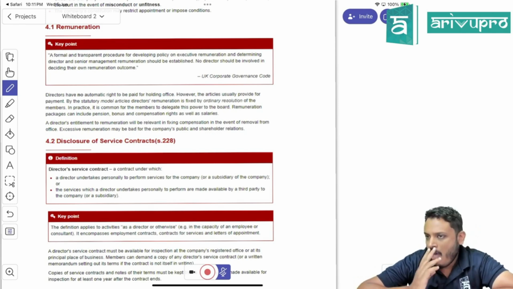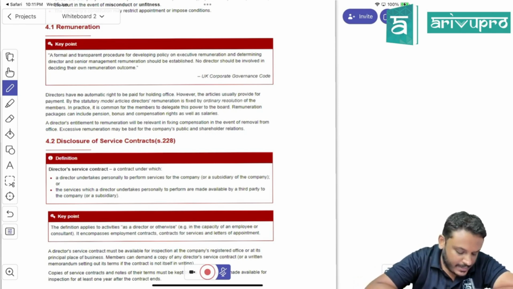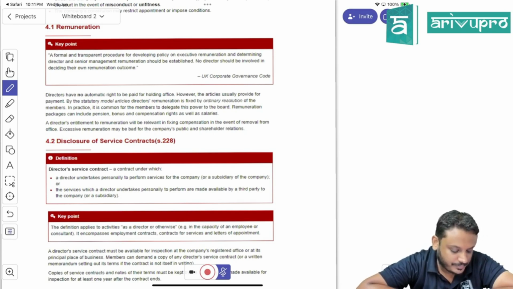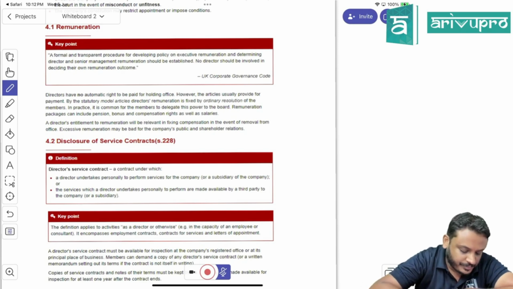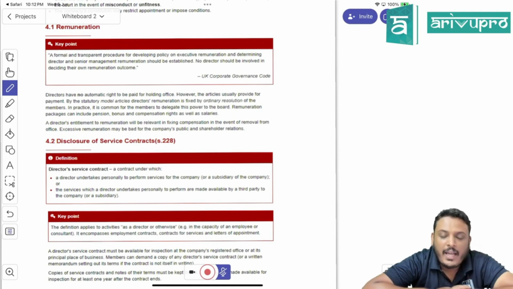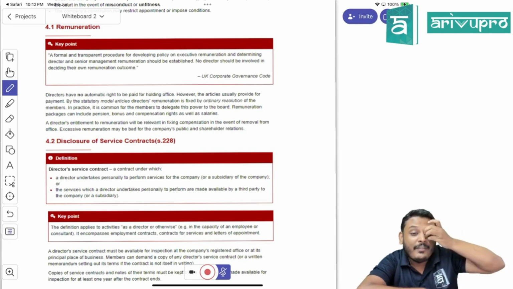Listed companies should include a separate remuneration report along with their annual report. Is it clear? For a listed company, we should submit a separate report.